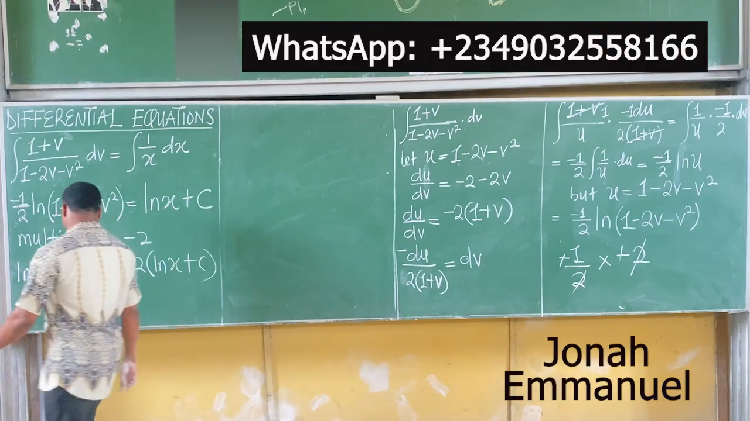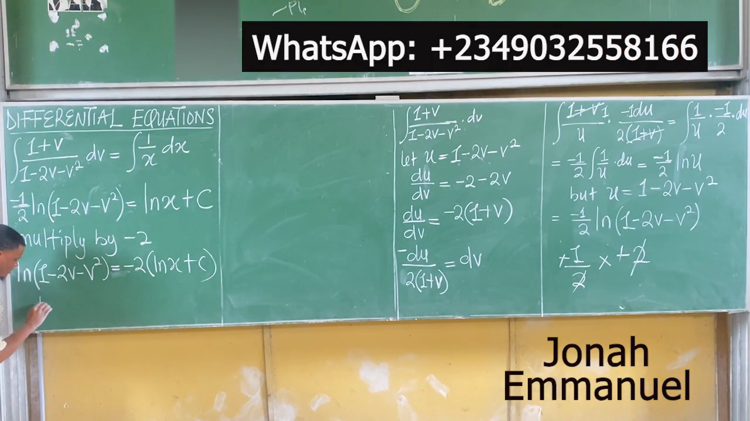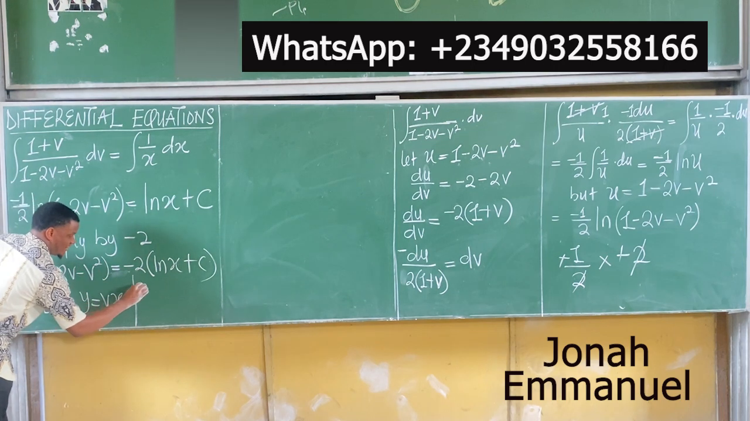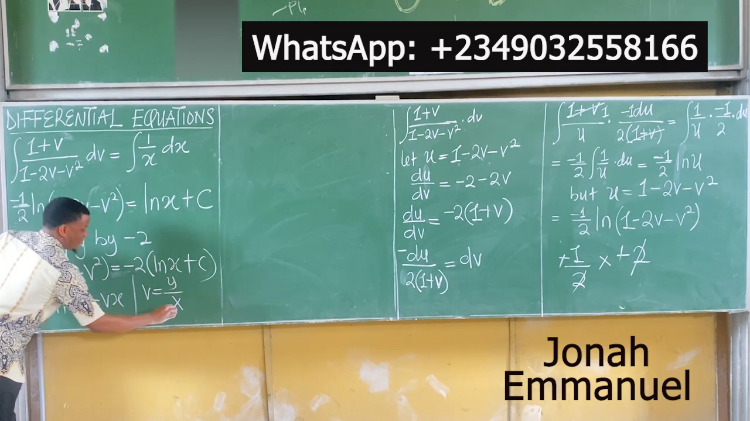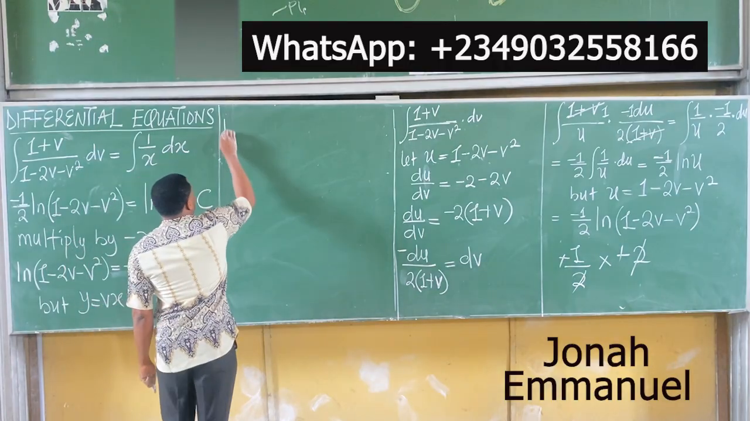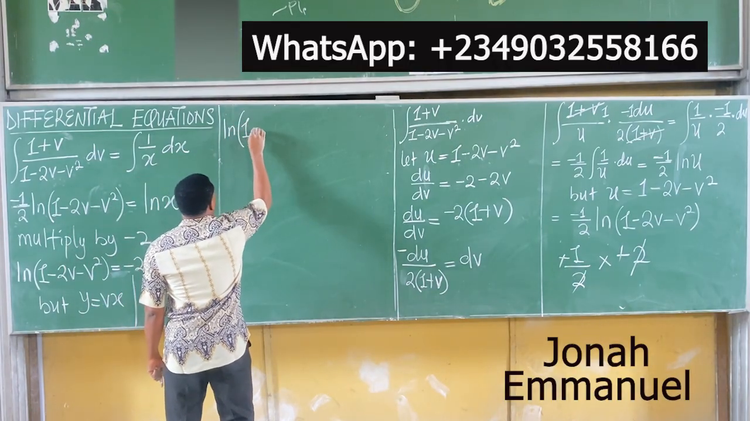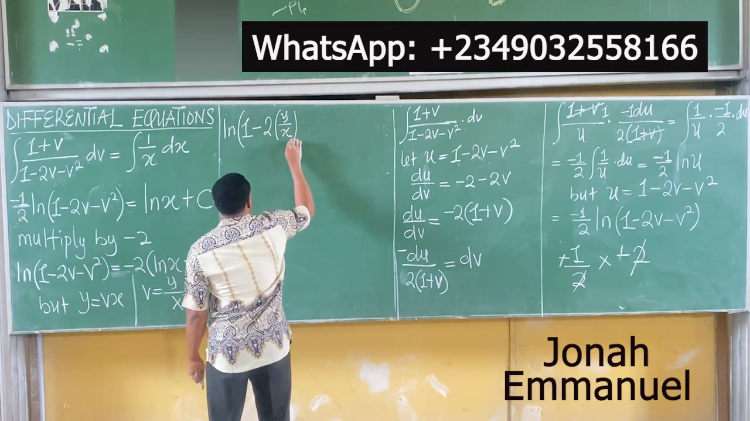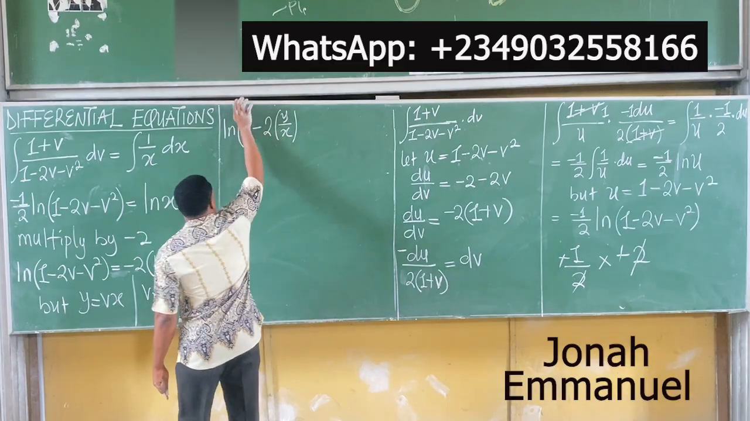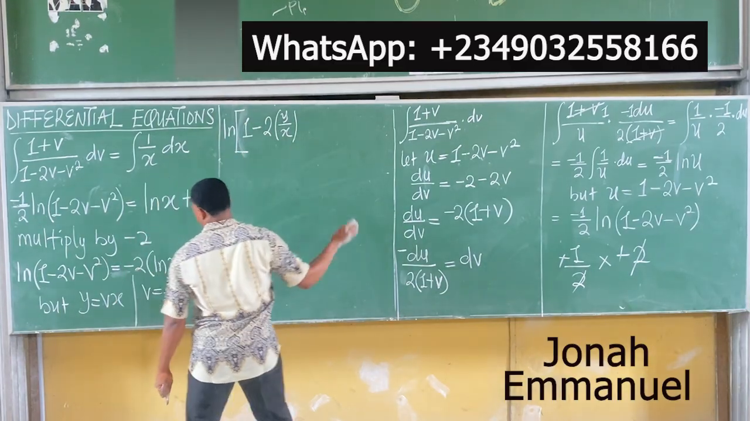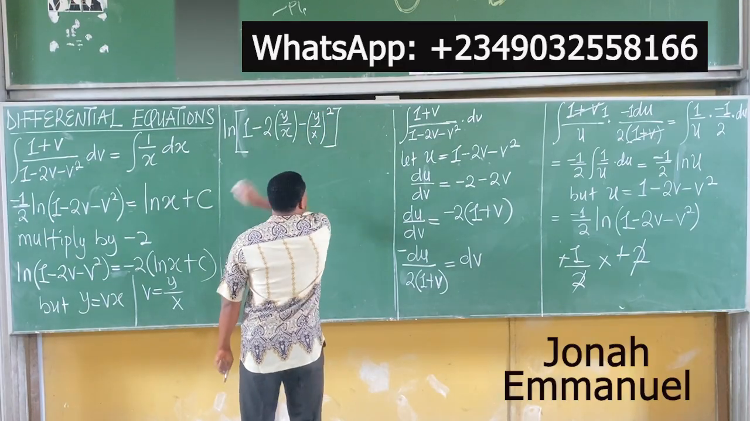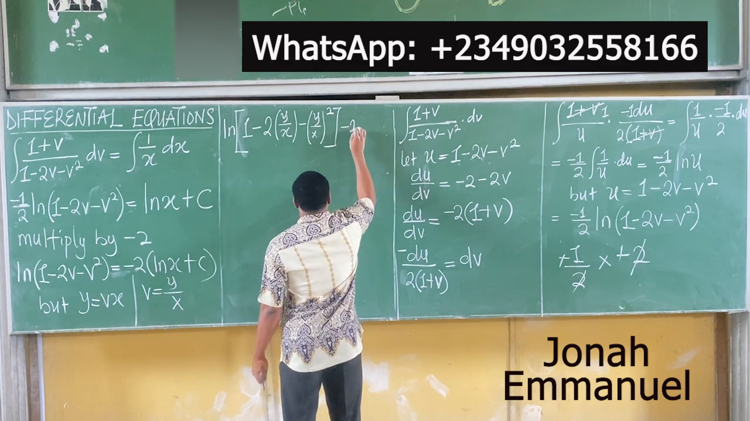At this point, what happens next? We said y is equal to vx. If we make v the subject of the formula, v is equal to y over x. So put v as y over x. What do you have there? We have ln of 1 minus 2 times y over x. Since I'm already having a round bracket, I'll change this to a square bracket. Minus v squared, y over x squared, close this, minus 2 is equal to